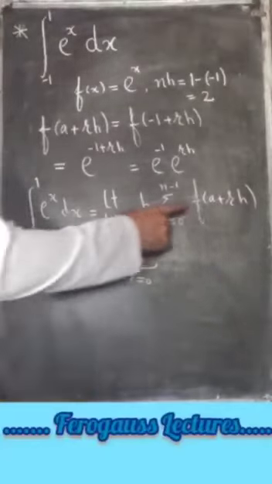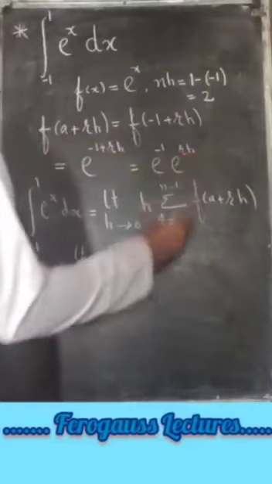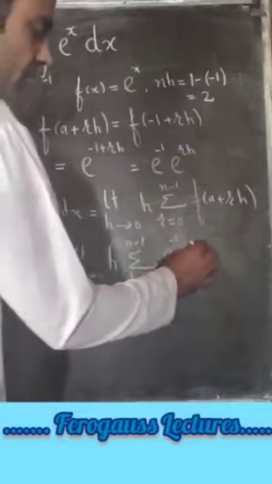Now, instead of f of a plus rh, we have e raised to power minus 1, e raised to power rh, so we can write e raised to power minus 1, e raised to power rh,